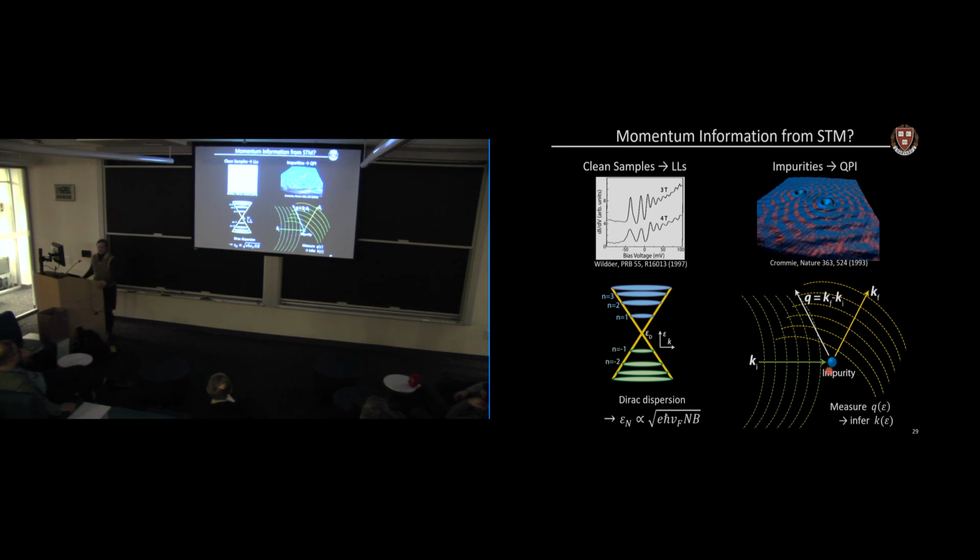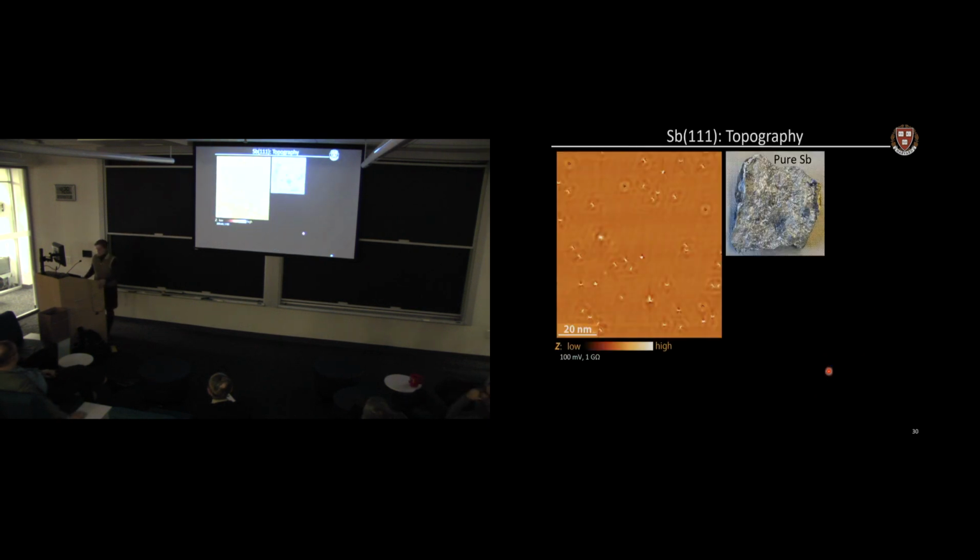So I'm going to tell you how these techniques apply to the material antimony, which is a pure element, but it's an interesting one because it's topological. And I think this is particularly interesting because antimony was actually one of the first known elements. It dates back to about 3000 BC that humans were purifying antimony and using it as eye makeup, of all things. I don't advise that. But it's really inspiring that after 5,000 years of knowing about this material, we're still discovering new things about a basic element. So for all the students here, there's a lot left to discover.